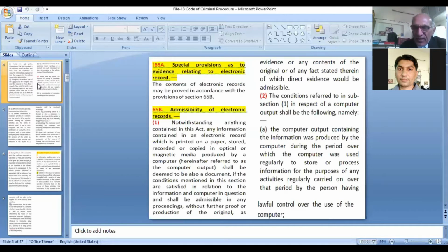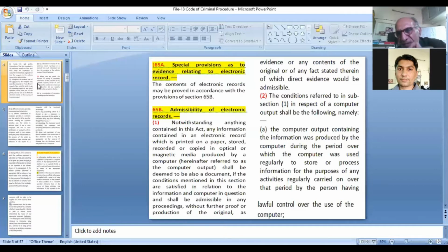Now, it is here in subsection 2 of section 65B that certain situations have been legislated to be taken as the computer output. So the word computer output is being further specified. And the first specification is section